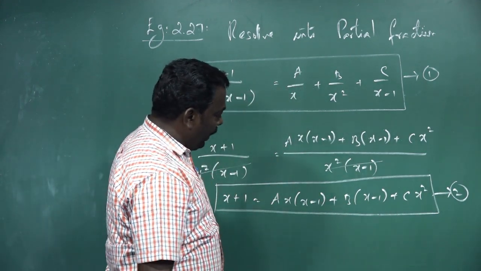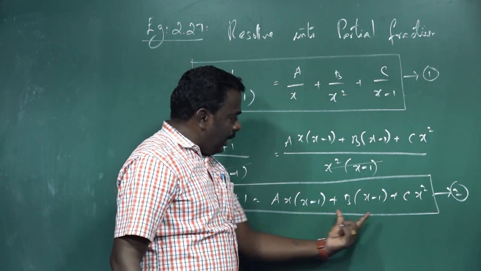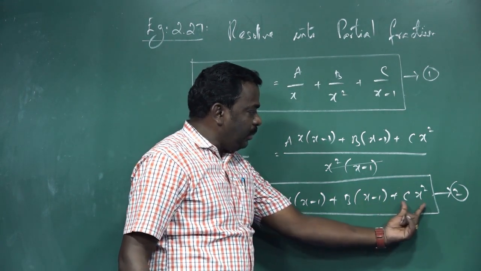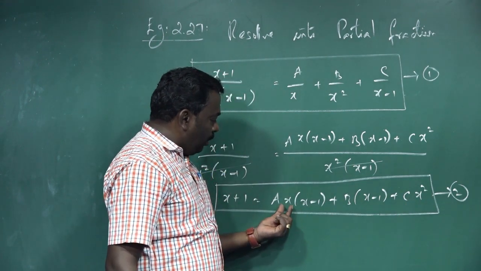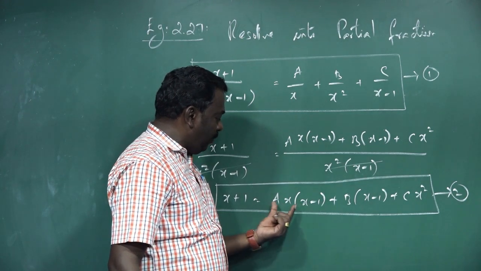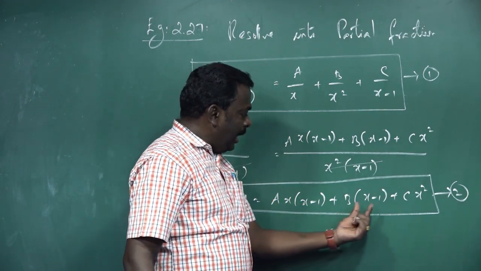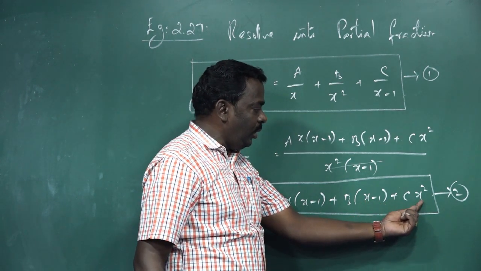Now what we have to do next: if you substitute x value equal to 1, this term and this term both are cancelled, and it is possible to find the value of c. And then we can put x value equal to 0, so 0 into this a and this term are cancelled, therefore the total first term becomes 0, and 0 minus 1 makes it possible to obtain the b value, but in the last term it is 0, 0 into c.